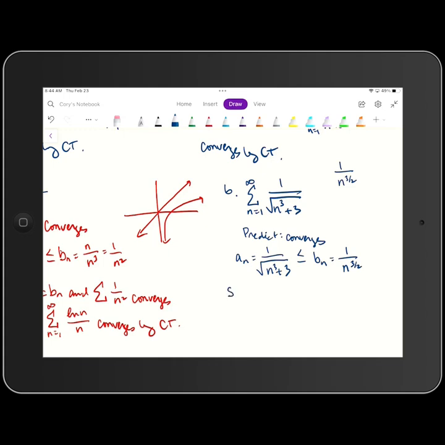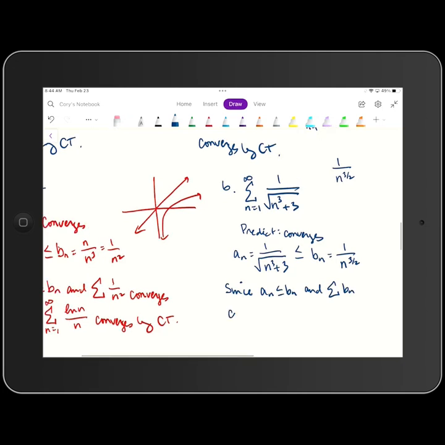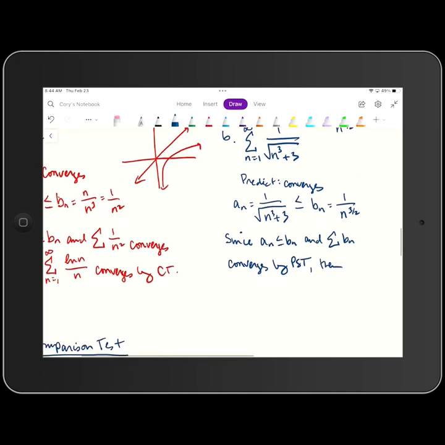So since a sub n is less than or equal to b sub n, and the series b sub n converges by the p-series test, then our given series, which is the sum from 1 to infinity of 1 over the square root of n cubed plus 3, converges